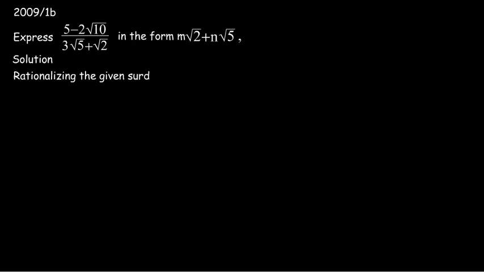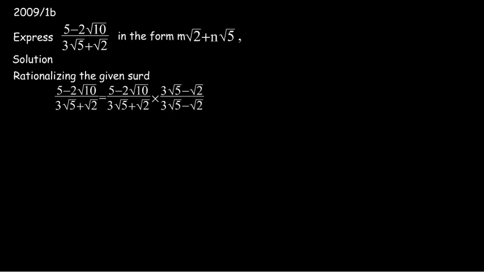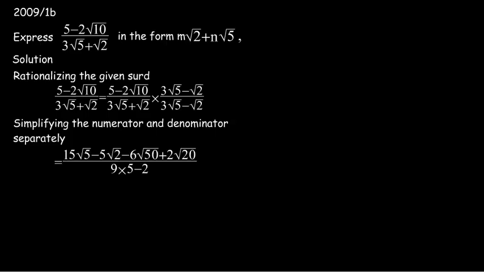Doing so, it becomes (5 − 2√10)/(3√5 + √2) is equal to (5 − 2√10)(3√5 − √2) over (3√5 + √2)(3√5 − √2). Now simplifying the numerator and the denominator separately, if we expand our numerator, it is 15√5 − 5√2 − 6√50 + 2√20 divided by 9 times 5